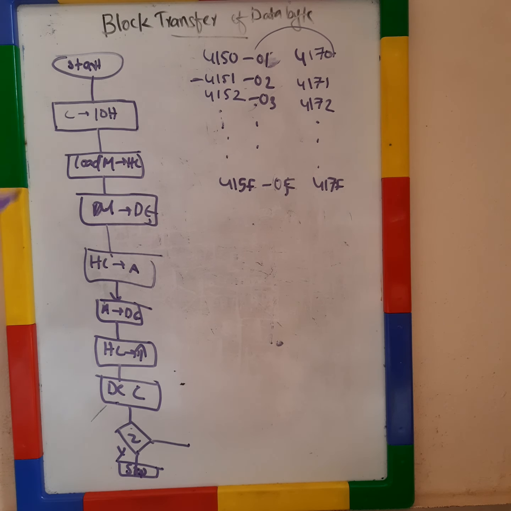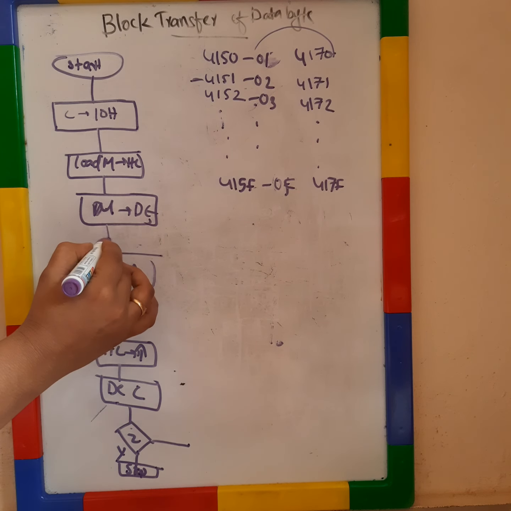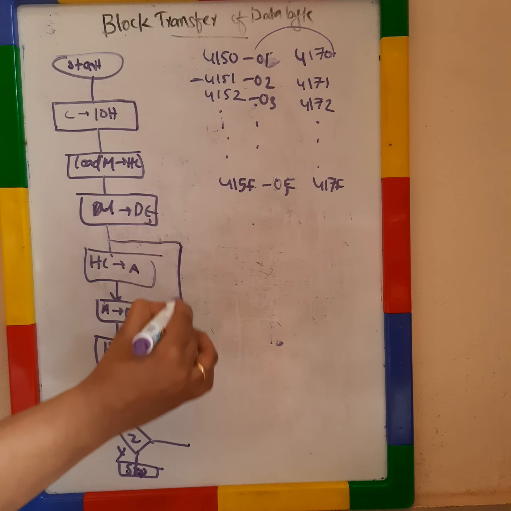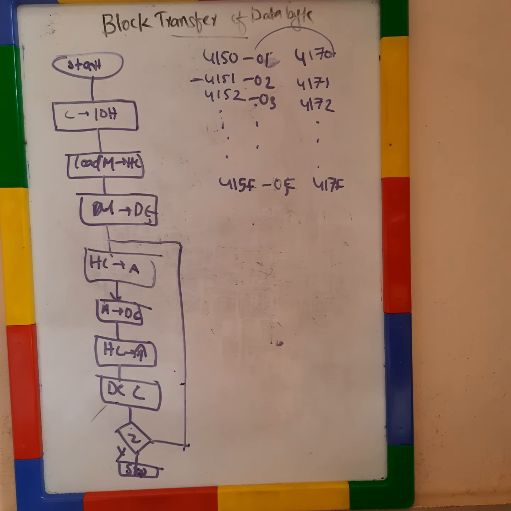That means here it's already getting incremented. Then from here the memory location result we will store into the HL pair, because the HL pair already got incremented, and this step will repeat until the zero flag is 0. When the zero flag is 0, that means all the contents we have transferred into the memory location. Okay, now we will write the program.